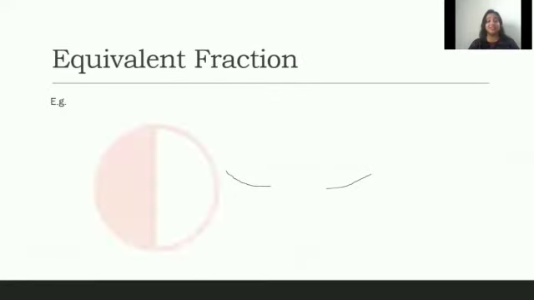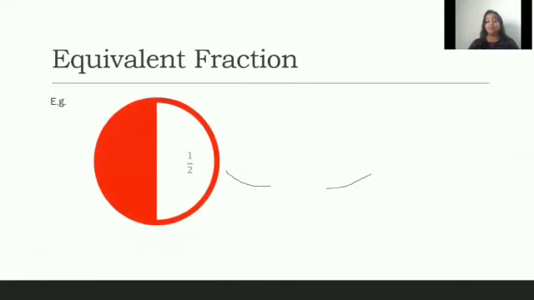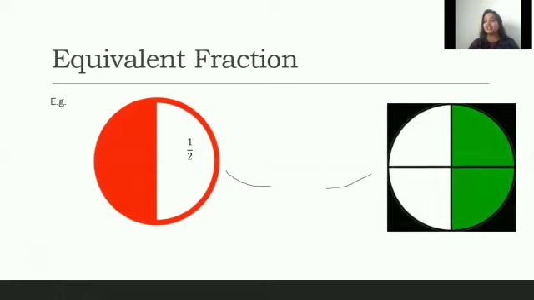Now, the very important concept, that is equivalent fraction. What kind of fractions are equal? Look at this circle. They both are circles, and see, only half part is colored in both the ways. But if there is no line here, this will be represented as half, because there were only two parts, and this will represent 1 by 2, and this will also represent 1 by 2.